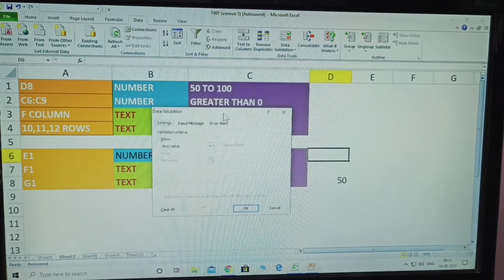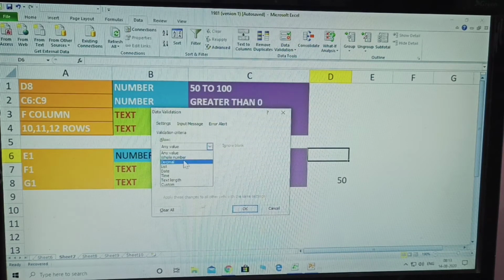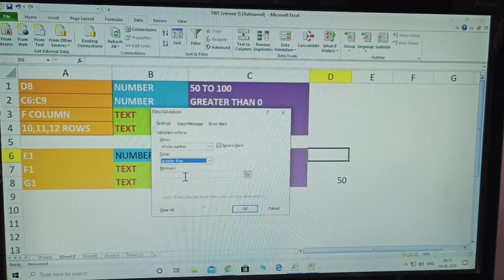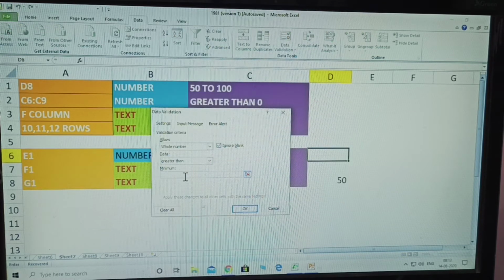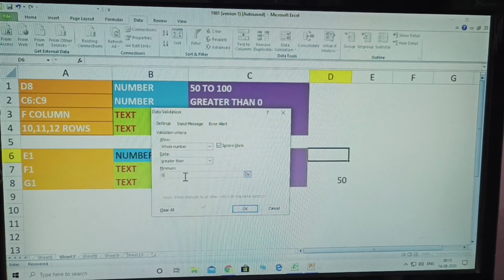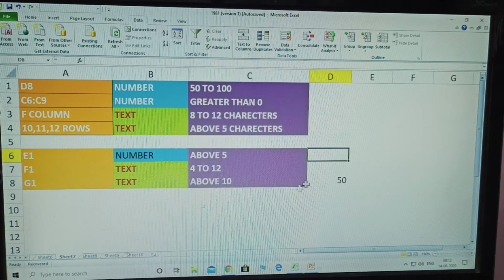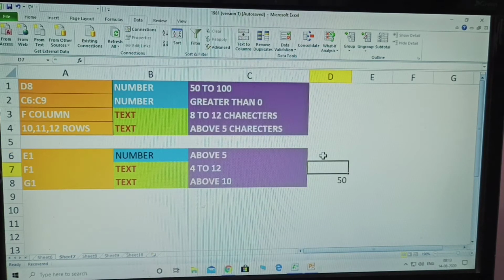This is also a number, that's why I click whole number. After this, it is not between, it is greater than, so here greater than is available, click on that. Minimum what? Greater than 0. After that, click OK.